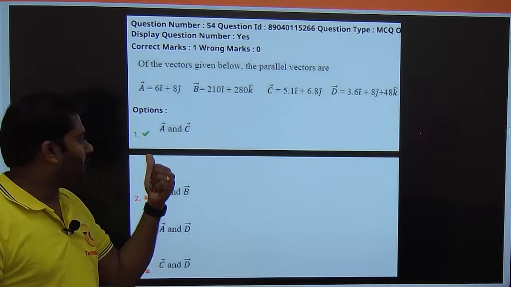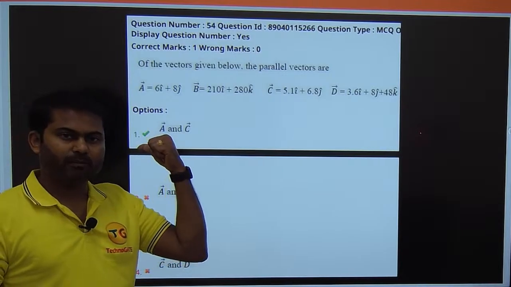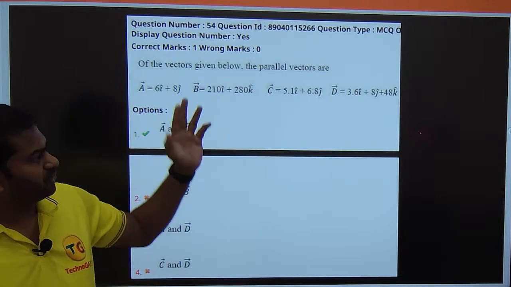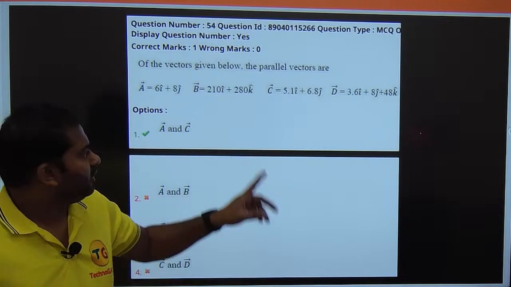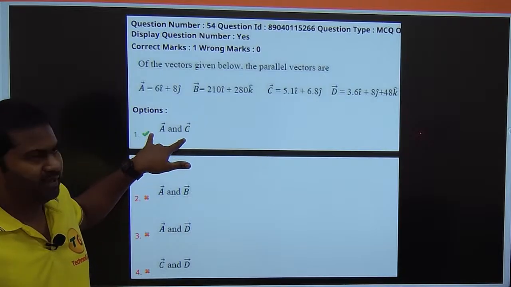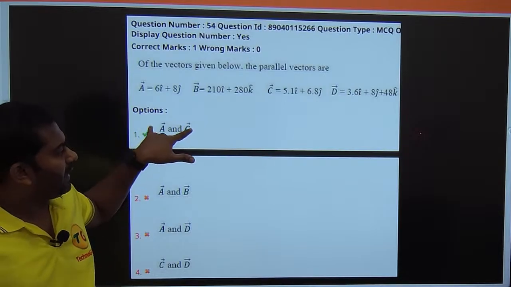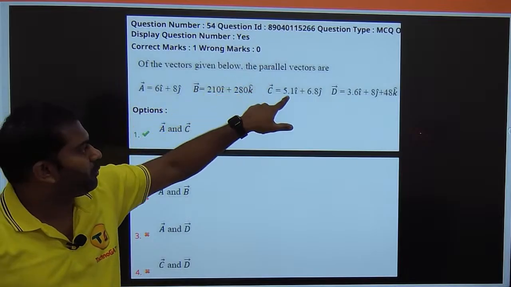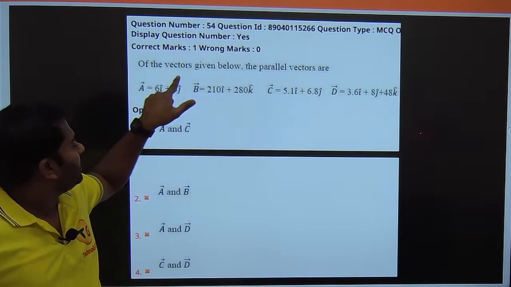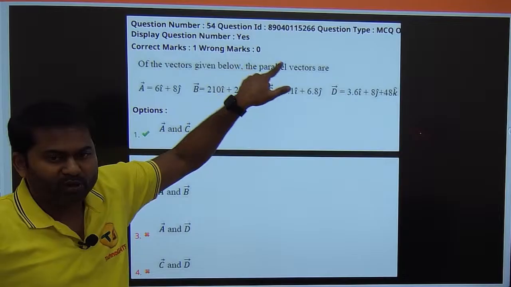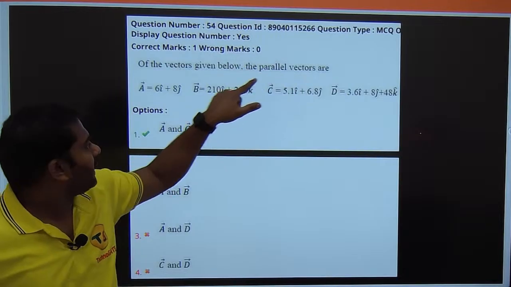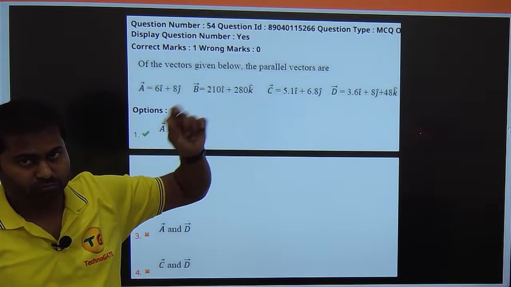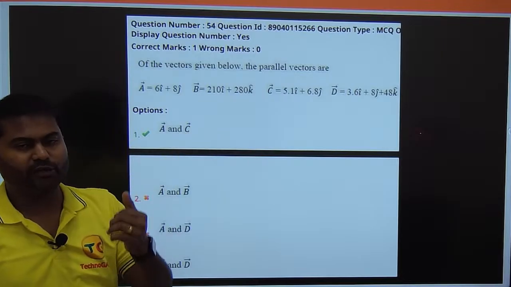Clear? Then we'll be left over with only option number 1. ఈ క్వశ్చన్ ఇలాగే ఎందుకు సాల్వ్ చేయాలి అని అంటే, సార్ నేను ప్రతిదీ తీసుకొని క్యాలిక్యులేట్ చేస్తాను అనొచ్చు. కానీ if you want to even calculate A and C యొక్క ప్యారలాలిటీ చెక్ చేయాలి అని అంటే, you see 6 needs to get divided by 5.1 which is a decimal. 8 needs to get divided by 6.8 which is a decimal. ఓకేనా? So 8/6.8 మీరు క్యాలిక్యులేట్ చేయలేరు. You need to do lengthy calculation or you need to use a calculator.